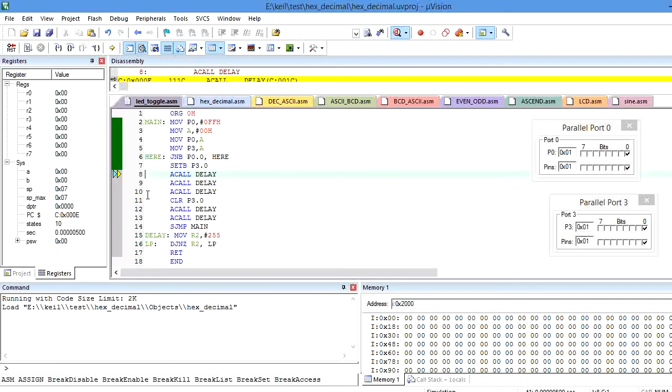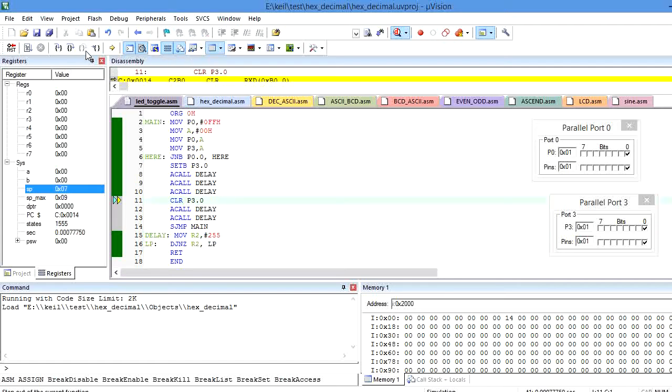Now I am going to execute the loop instruction by using the ACALL delay function. So the instruction is executing the delay function. If I want to come out of this loop, I am going to use the step out function. So again it is going to call the delay function a second time. If I want to come out of this loop, again I am going to use the step out function. Again I am going to call the delay a third time by using the step in function. Now again it is executing the delay function a third time.